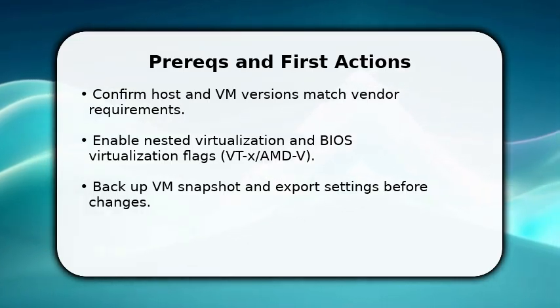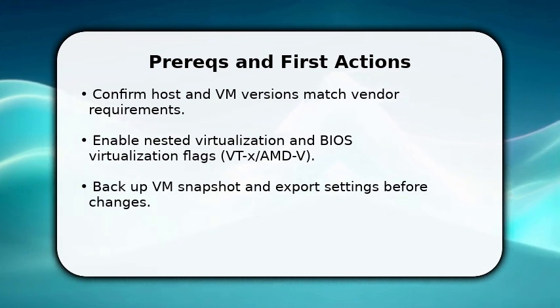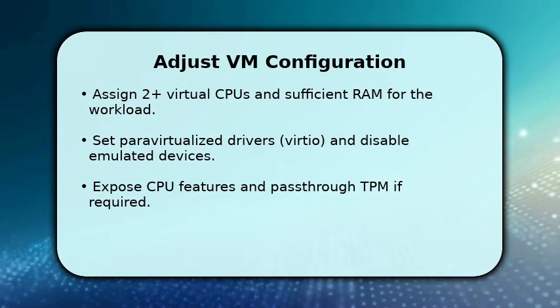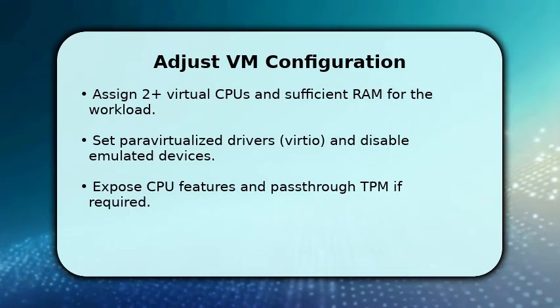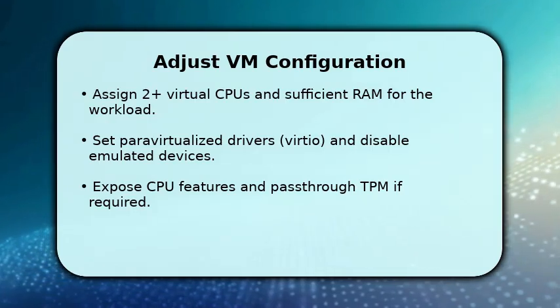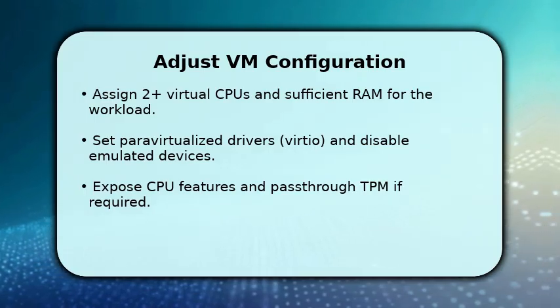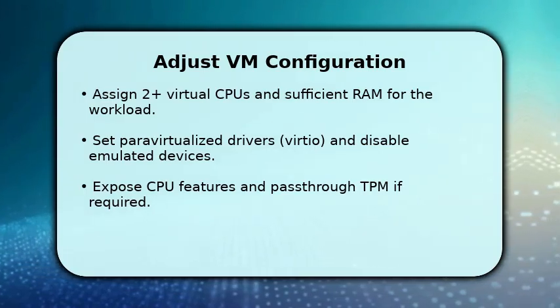Make sure to power off the VM before changing these options, and document any current network or disk mappings to avoid surprises. Now adjust the VM configuration to remove the detection triggers. Increase virtual CPUs and RAM to realistic values, and switch to paravirtualized drivers such as Virtio for disk and network